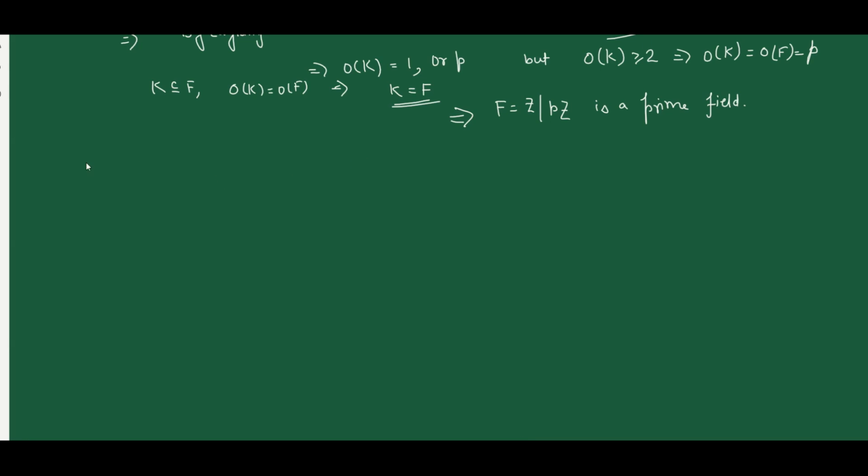So the last concept of this lecture is prime subfield. This concept of prime subfield will show you that if F is a field having proper subfields, then you can always find a prime subfield in the field. So what does it establish? That every field has a prime subfield, provided it has proper subfields. So what is the definition of prime subfield?